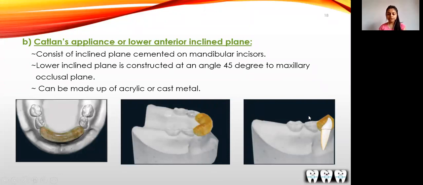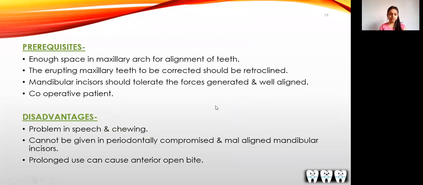This angulation will allow the maxillary teeth which are in crossbite to move to a more level position and correct the crossbite. It can be made of acrylic or even cast metal. Some of the prerequisites for the use of Catalan's appliance are: there should be enough space in the maxillary arch for the alignment of teeth. The erupting maxillary teeth that are to be corrected should be retroclined because it causes the level movement of the teeth, and mandibular incisors should tolerate the forces generated